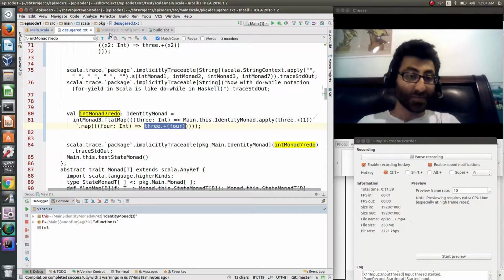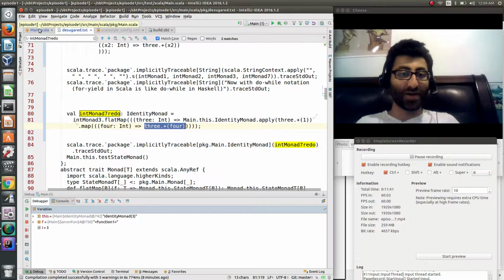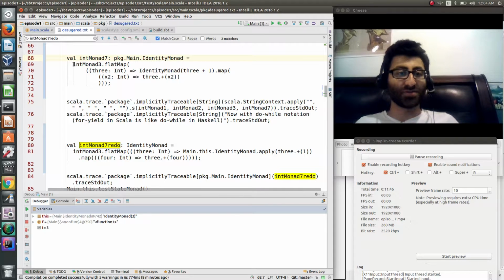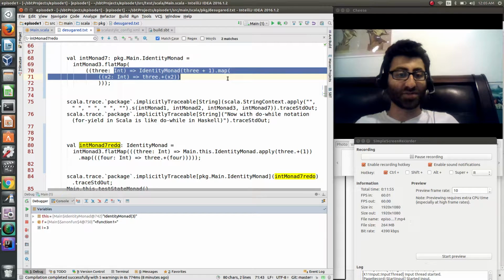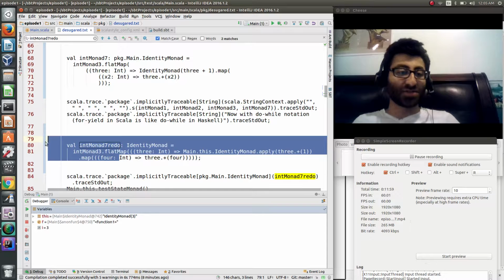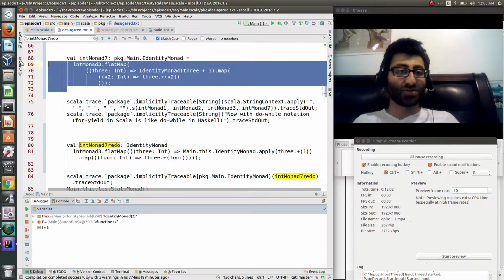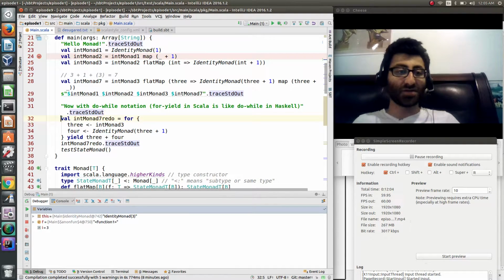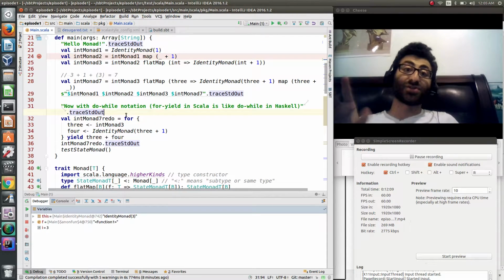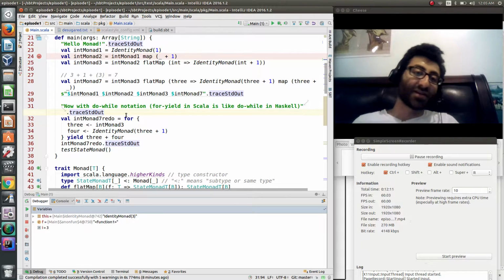So if you actually looked at this, where we have int monad 3 flatMap, and then identity monad plus 3 map, and then 3 plus whatever, these are pretty much the same thing, right? So this here is just the syntactic sugar, but what makes the syntactic sugar really nice is the fact that